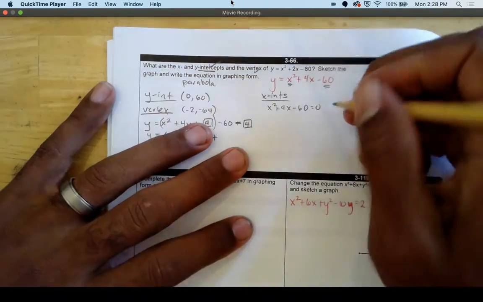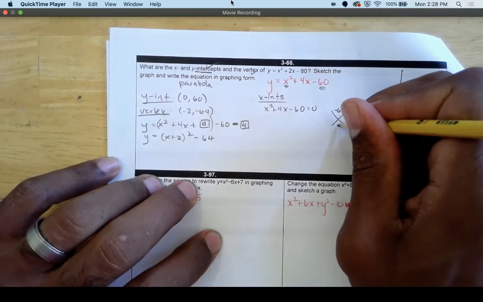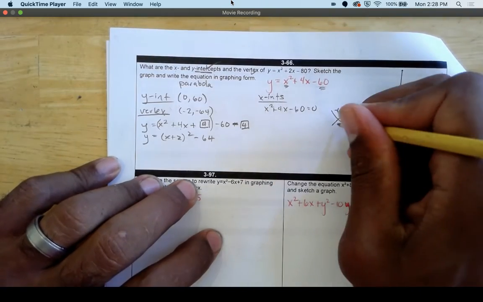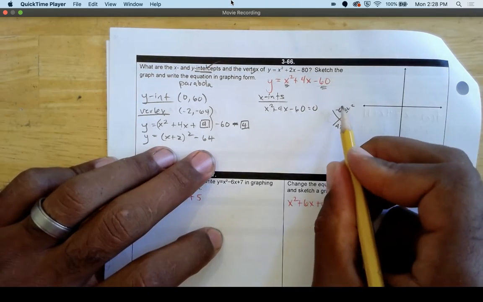And we're going to solve. Okay, and we're going to use the x for that. So I'm going to put minus 60 up here. Sorry, 60x squared, because remember it's a times your c. And then 4x on the bottom. And I got to figure out those two numbers that are going to multiply up to 60, but add up